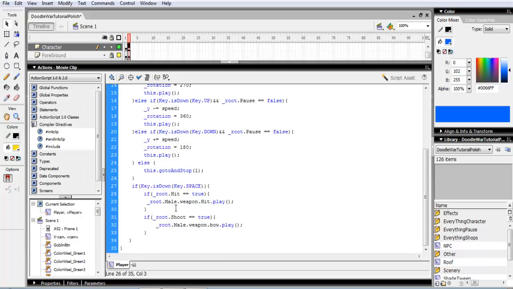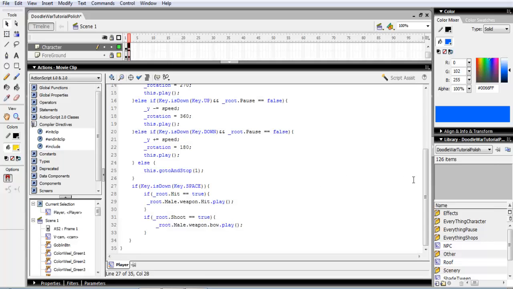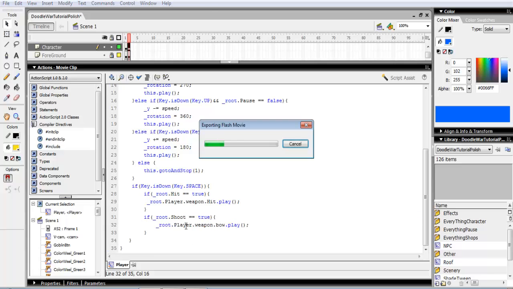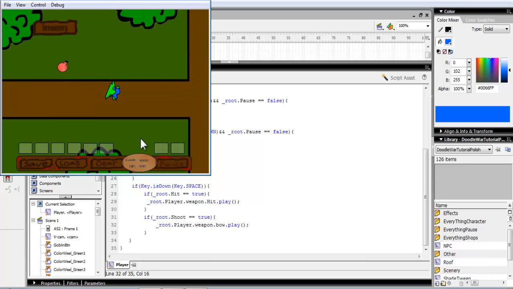But first, I found an error in the character. If we go down to the bottom, key spaces down, it doesn't actually play the hit animation. This is because it says underscore root dot male. It has to say underscore root dot player. And then you should find that